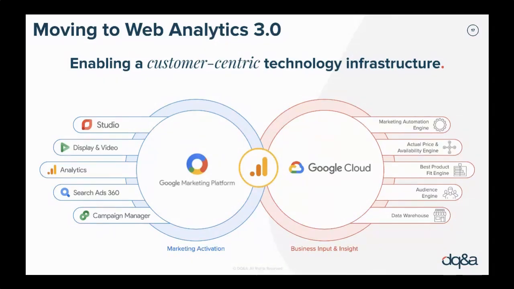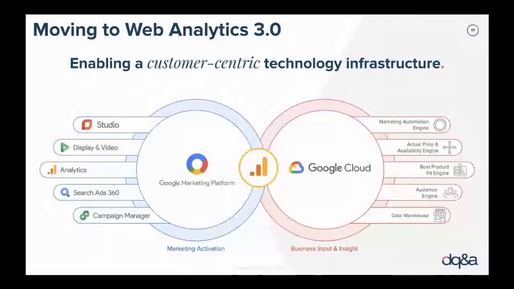And on the right side, I'm giving you a few examples of what we have built. I'll pick one of these, which is the audience engine, and I'll try to give you an example of how we leverage GA360 to build so-called advanced audiences. So assume that I have access to all my raw data in BigQuery, and I can select a few interactions or values that I want to take into consideration when building a